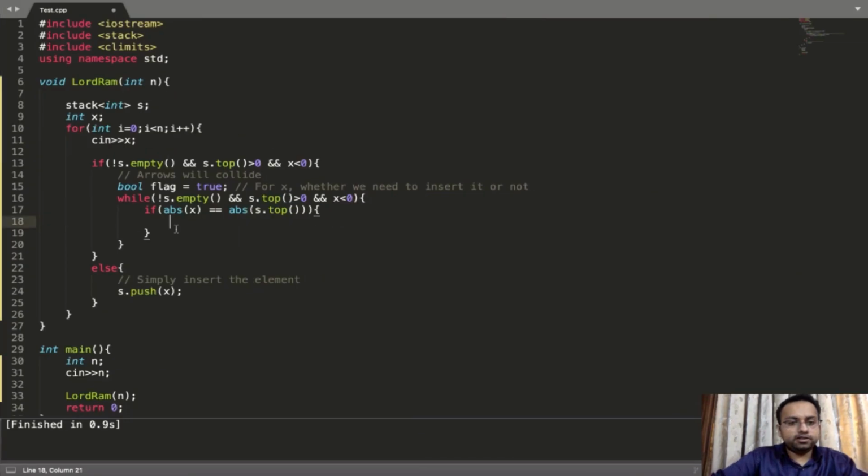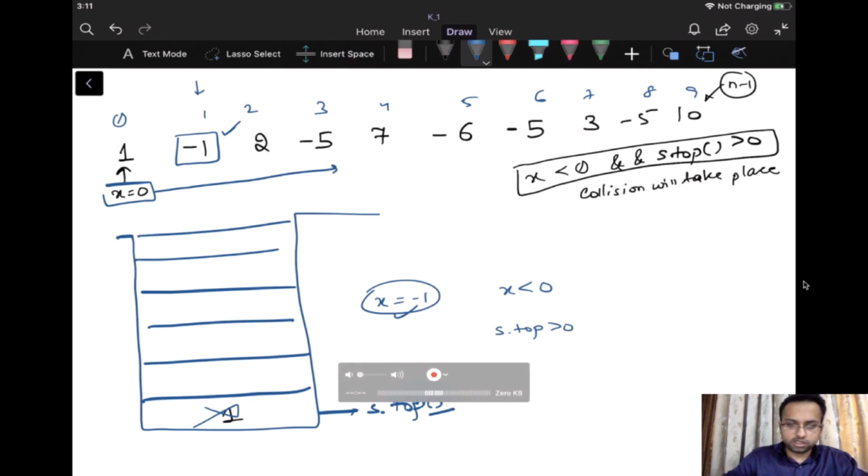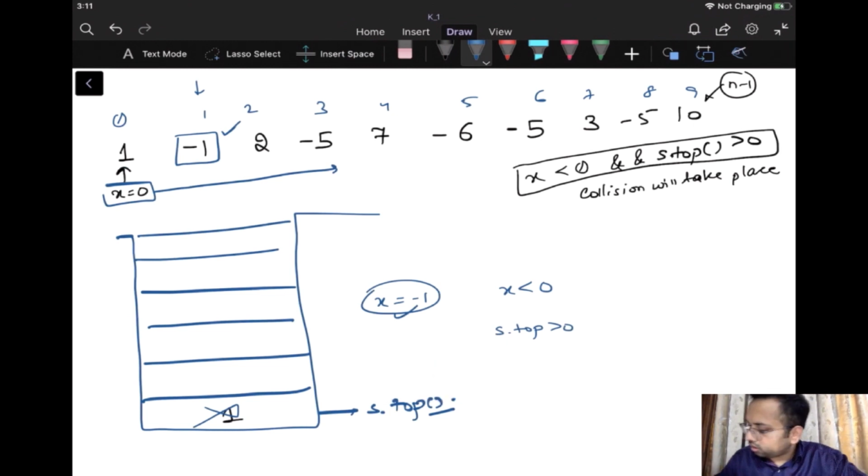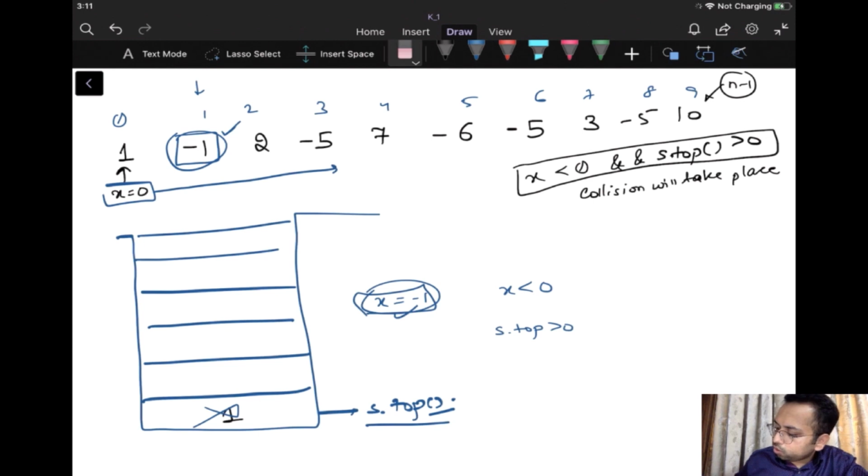By default I am assuming that I have to insert the x arrow inside the stack. But if the absolute of x is equal to the absolute of stack dot top, I'll simply pop the arrow which is inside the stack, because there will be no arrow that will remain.